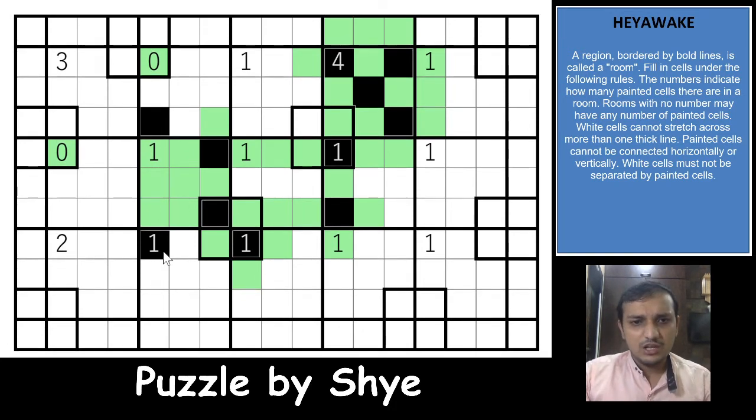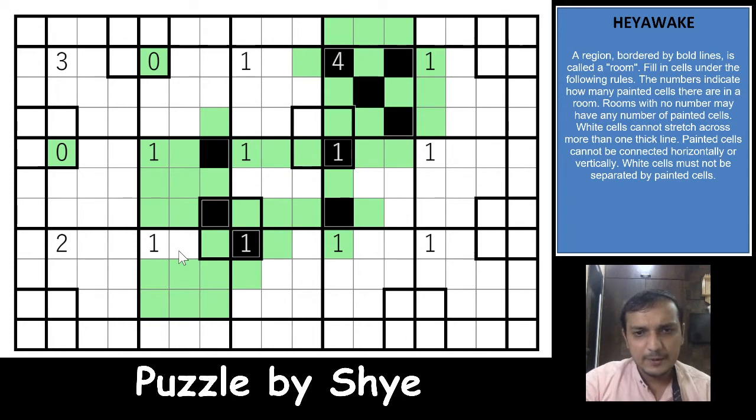So what happens here? At least one of these cells will have to be shaded. Same way it works for this column as well. Both of these cannot be unshaded. Now if we shade both of these cells, both of these become unshaded, and then you have a stretch of white cells crossing 1 thick border, which means that one of the 2 cells will be shaded and one of these 2 cells will be shaded. So whatever you do, one of these 2 cells will be shaded and one of these 2 cells will be shaded, which directly unshades all of these 6 cells in this one region, right? Excellent piece of logic here, that actually shades this cell because of the thick border rule.